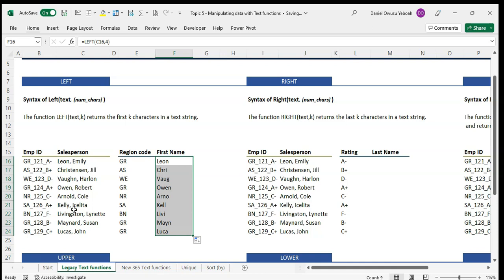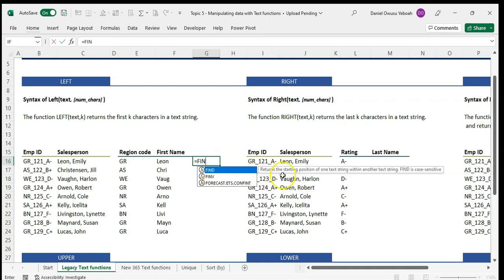However, we need to find a smart way to determine the position of each space in the text. Once we determine the position of the space, we can tell Excel to extract all text that comes before the space. So we can use the function called find. So equal to find. It returns the starting position of one text string within another text string. And find is case sensitive. So if I do find, and I say I want you to find comma within this text,